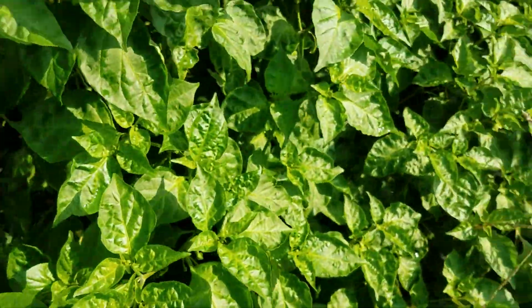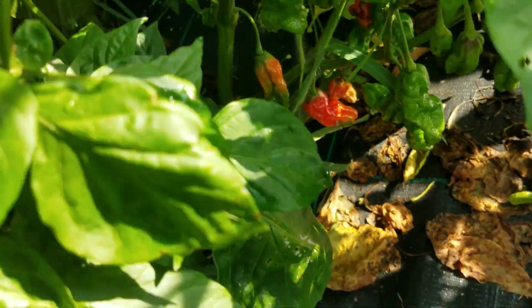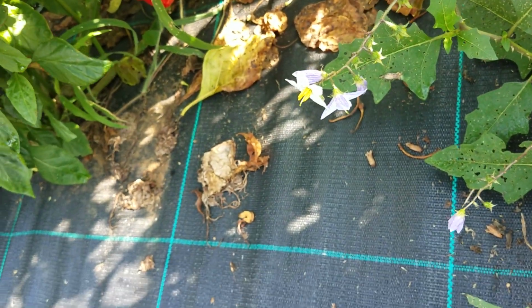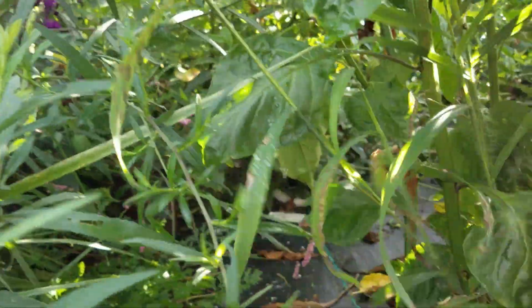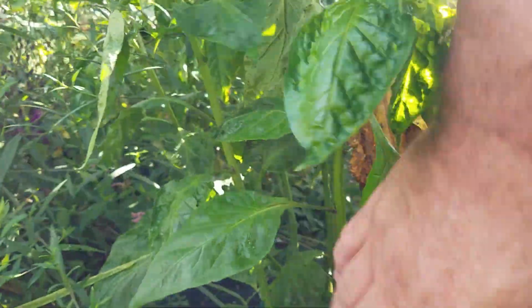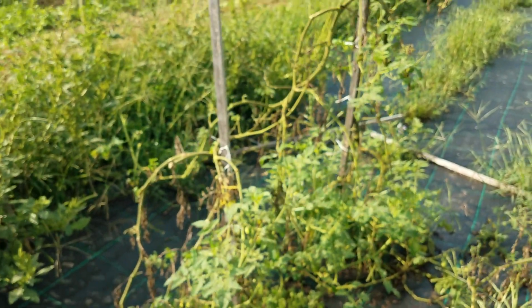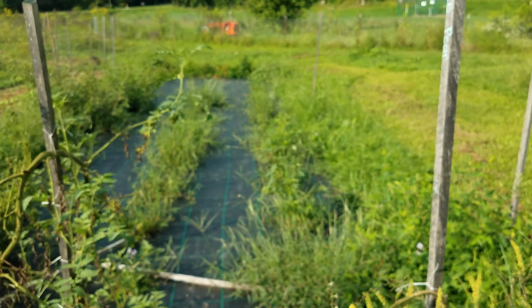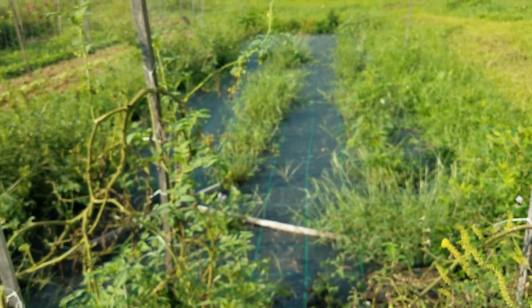Not sure what we got here. It's a big old plant. See a marker on that one. But beautiful red peppers. So anyway, that's a small tour this morning. Not even nearly a chunk, but